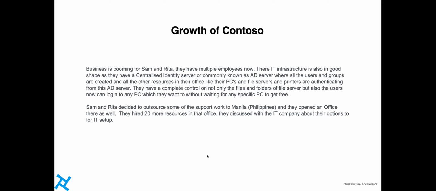Their IT infrastructure is also in good shape, as they have a centralized identity server, or the domain controller, which we installed for them, where all the users and groups are created, and all other resources in their offices like PCs, file servers and printers are authenticating from this AD server. So we set up all their file shares and we created the groups and we gave the right people the right permission. So now they have complete control on not only the files and folders of the file server,